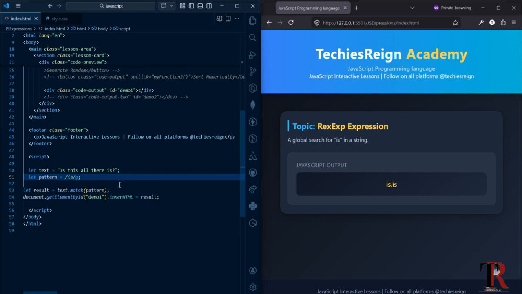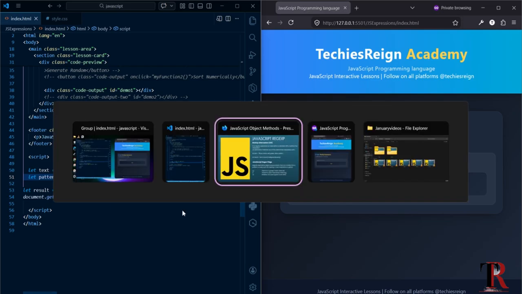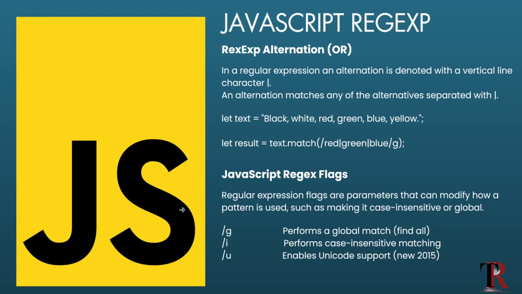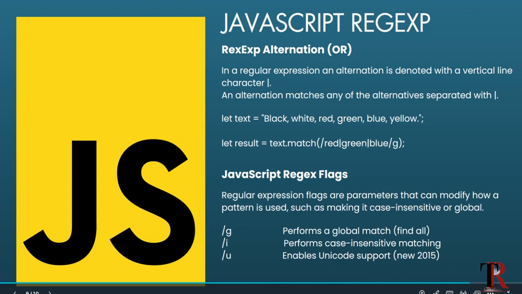And what can you see? You see IS twice. So regardless of the case this time around, you can see that it got this twice, IS and IS. So this is how you use the g flag in order to search for whatever values or elements of your expression in JavaScript. So always remember when working with regular expressions that it always uses flags, which act as parameters that can modify how a pattern is used, such as making it insensitive or